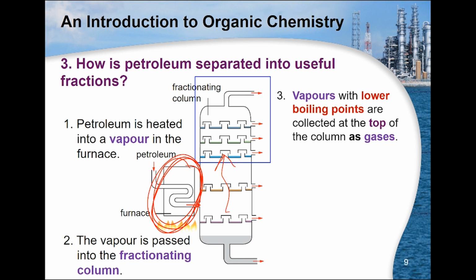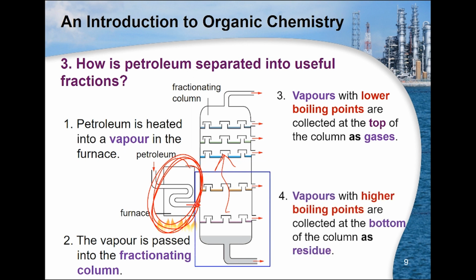So that's where you get your petroleum gas. Vapors that have a higher boiling point tend to not boil that easily, and they are usually collected at the bottom of the entire fractionating column, and they are known as the residue. So as you go through this entire separation, you end up separating them into various useful components,